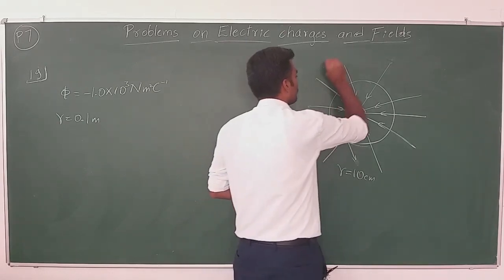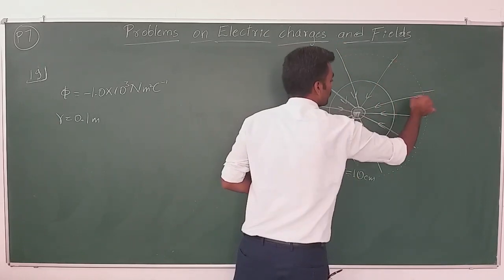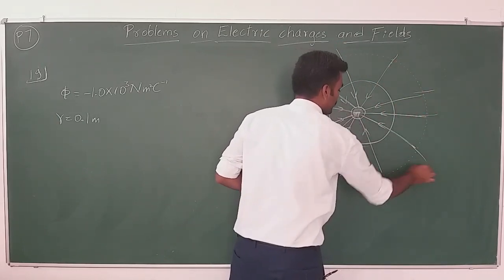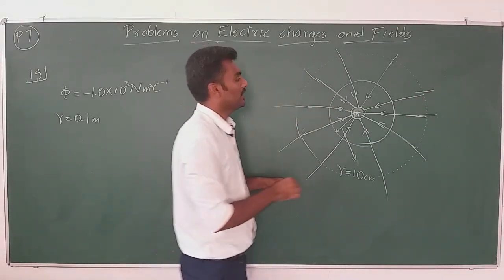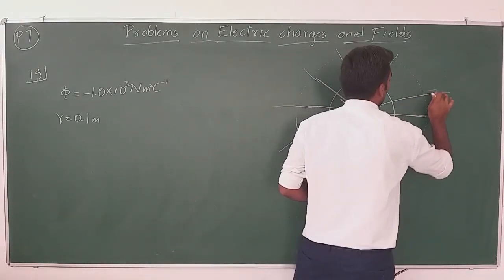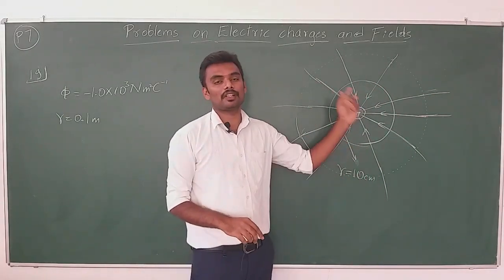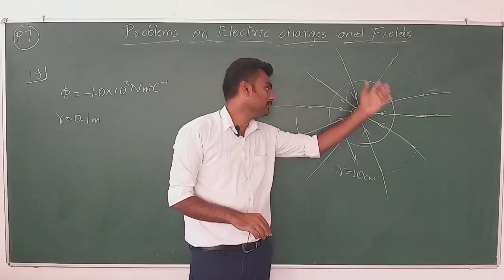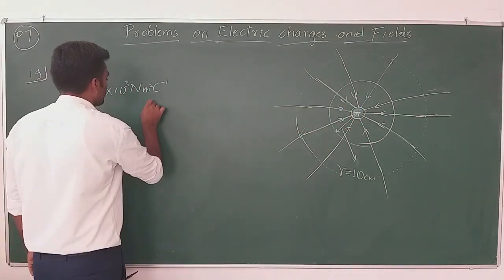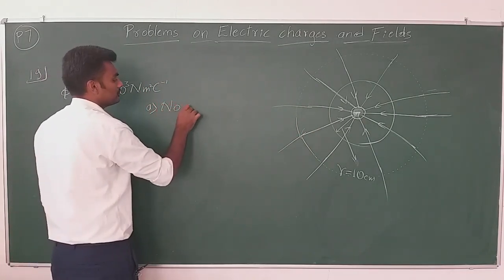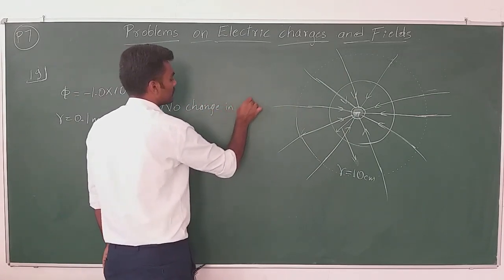So if I assume this is the new Gaussian surface with the double radius, even this Gaussian surface will also experience the same amount of electric flux as the one in the middle here. So there will be no change in electric flux,